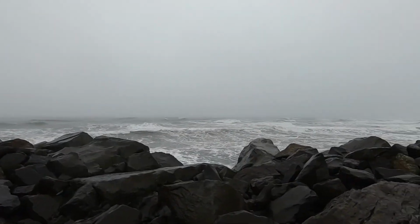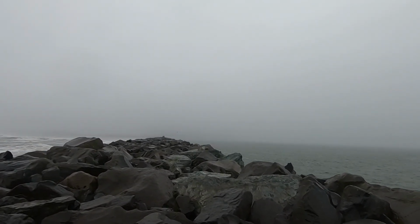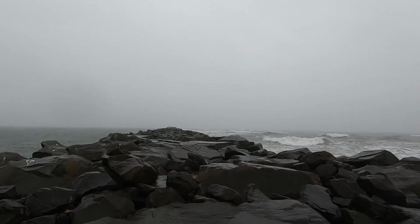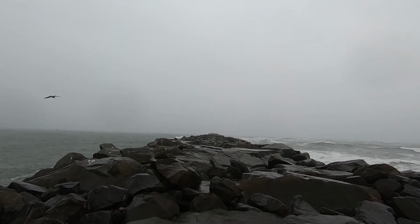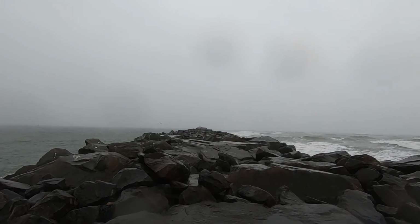All right, I made a little bit more distance from there to that way. And where the bigger rocks are is pretty much the end. So once I get to the end, then I'm going to turn around. So the whole goal is just to get there